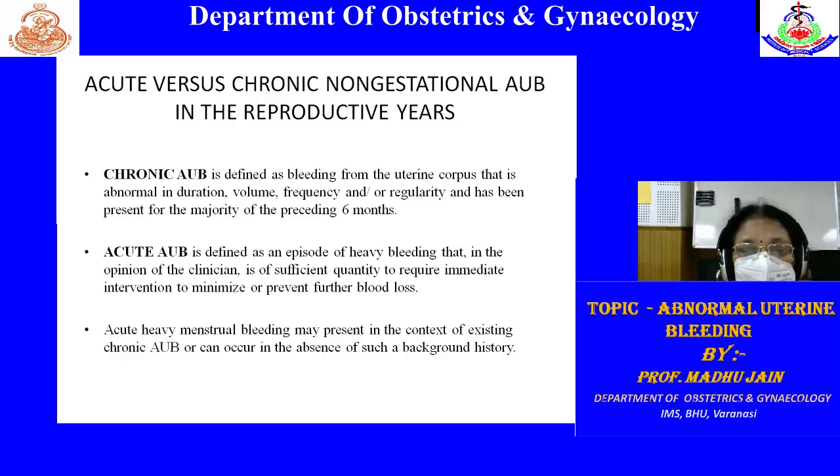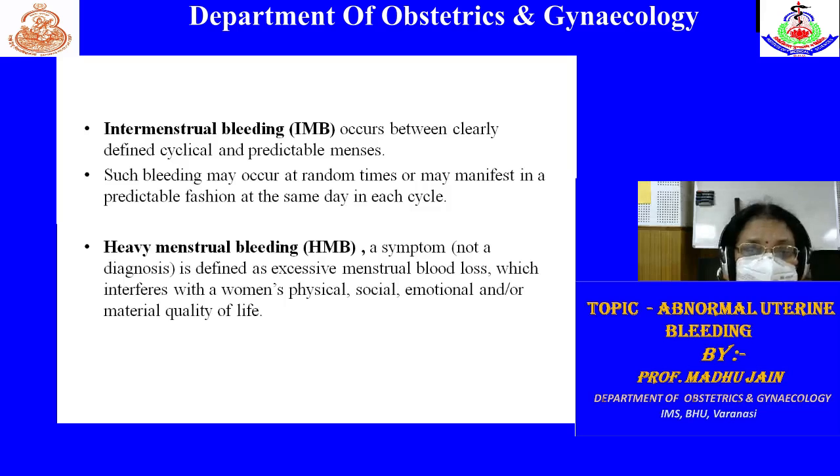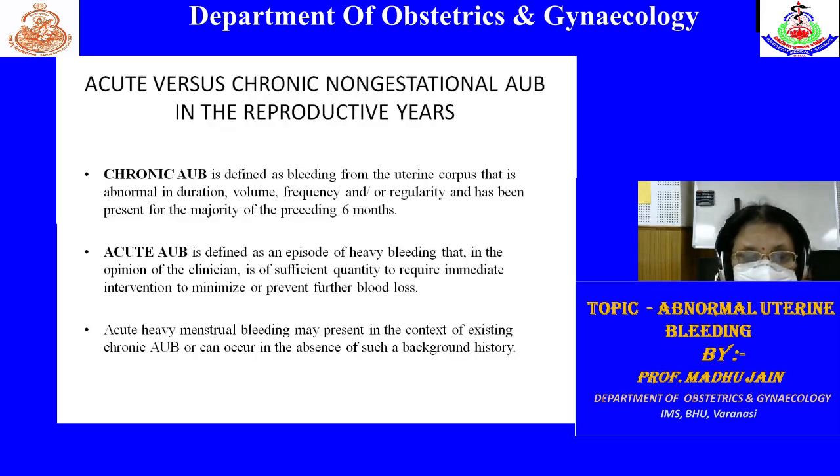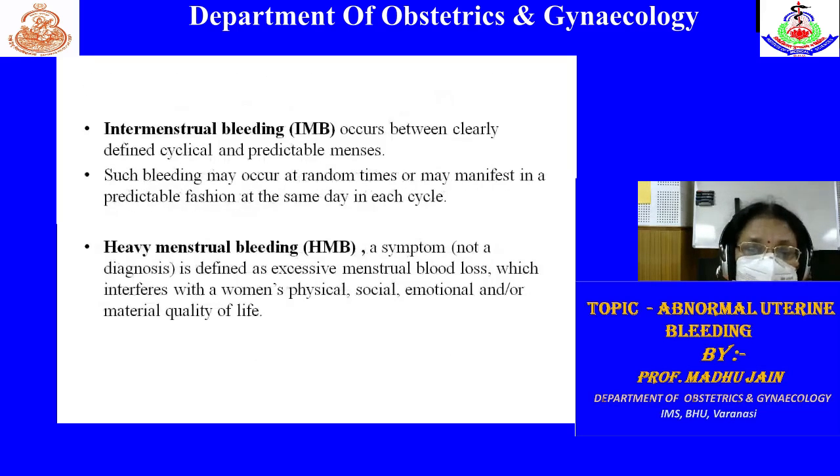But chronic DUB, which is having abnormal duration, volume, frequency, or regularity, and it is persisting for the last 6 months. So depending upon the cause, you have to define whether it is acute or chronic. This classification was given by the FIGO in 2011. After that, FIGO 2018 has added 2 new terminologies, that is intermenstrual bleeding and heavy menstrual